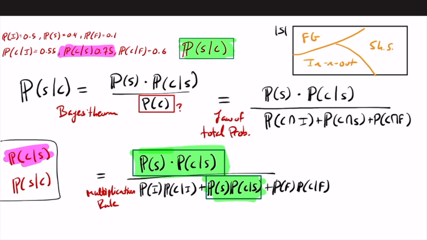So now I can just begin to fill in this information. So this is going to be the probability of a Shake Shack burger is 0.4 times the probability of a correct guess given a Shake Shack burger, 0.75 over 0.5 times 0.55 plus 0.4 times 0.75 plus 0.1 for Five Guys, because it only bought one Five Guys burger, times 0.6. And this will equal approximately